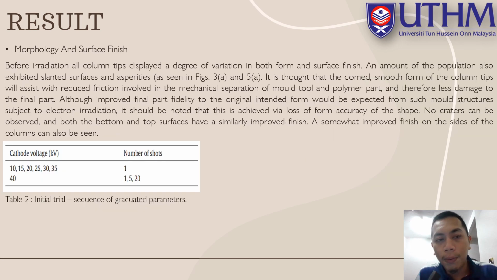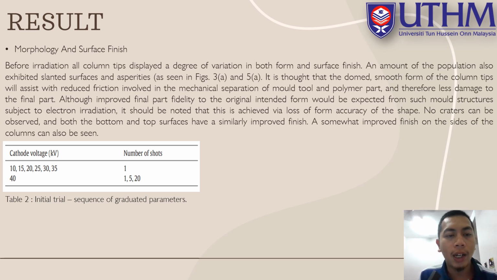The result: morphology and surface finish. Before irradiation, all column tips displayed a degree of variation in both form and surface finish. A portion of the population also exhibited slanted surfaces and asperities. As seen in figures 3 and 5a, it is thought that the doom smoothing of the column tips will assist with reduced friction involved in the mechanical separation of mold, tool, and polymer part, and therefore less damage